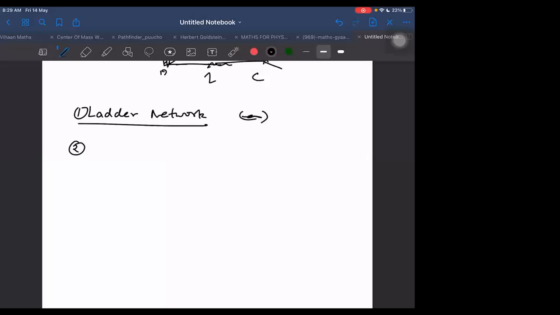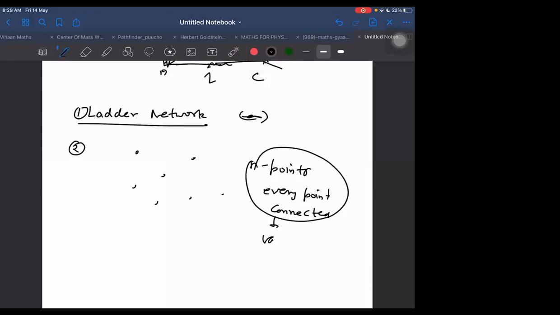Other than ladder network, one important case is pending when I take n points and I connect every point with each other. Every point connected. That case I have to take, and I have to take its variations. Here I have to take ladder network and its variations. These I have to take tomorrow. Ladder network and variations, and endpoints connected, every point connected to each other. These I have to take. Okay, then I'm ending it now.